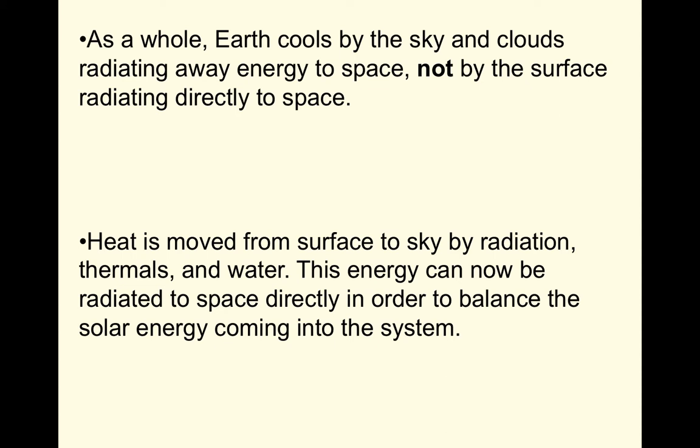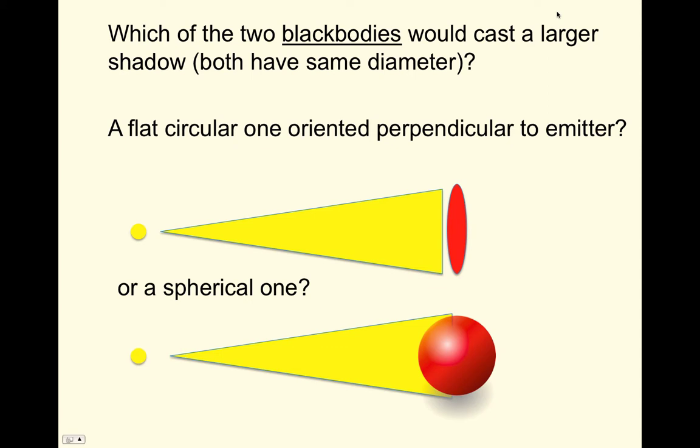This energy, once in the atmosphere, can now be radiated to space directly in order to balance that incoming solar radiation at the top of the atmosphere. To get a simple understanding of the planetary budget of radiation, that which comes in from the sun versus that which leaves the Earth,